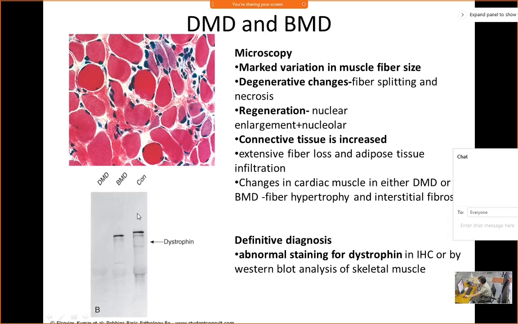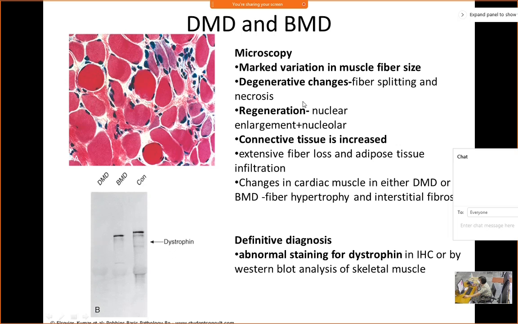This is a Western blot analysis of the skeletal muscle. We're looking for the dystrophin gene product. And you can see that normally this is the dystrophin band, which is this dark line here. In Becker's, it is not normal because the dystrophin is there, but it is mutated, so it is running a little bit lower. And in Duchenne's muscular dystrophy, dystrophin is not even detected because there is defective synthesis.